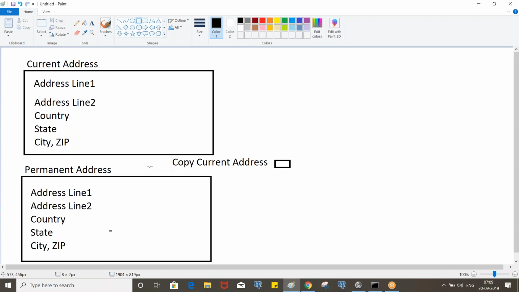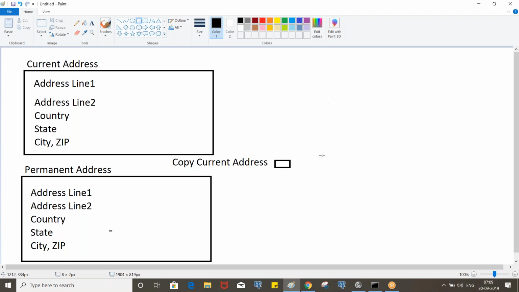Different, obviously. If we enter address line 1 here, that will be available under the current address page, and this address line 1 will be available under the permanent address page. So the parents are different. If you consider pages as parents, then these are the children. So two children having the same name will have different parents, right? Similarly here.